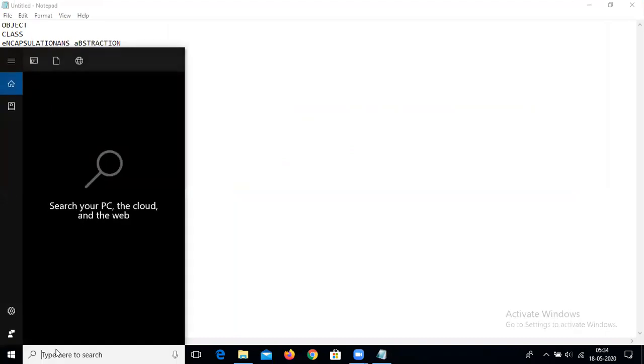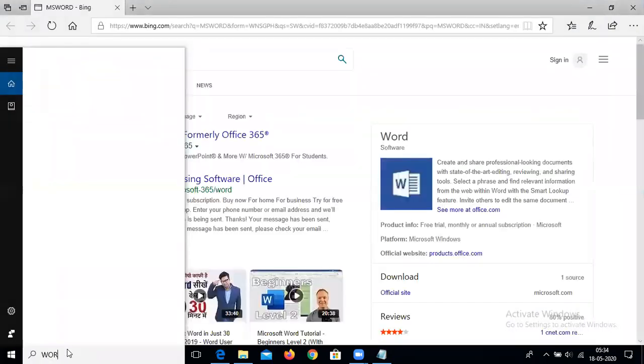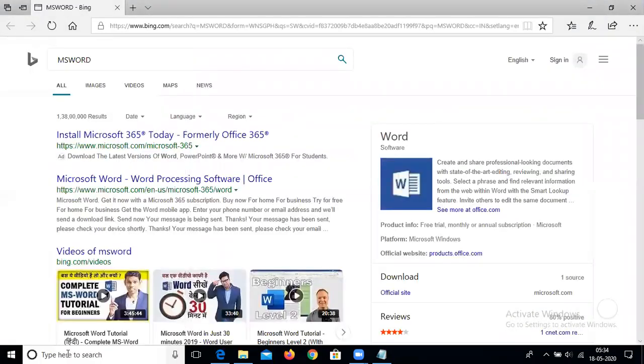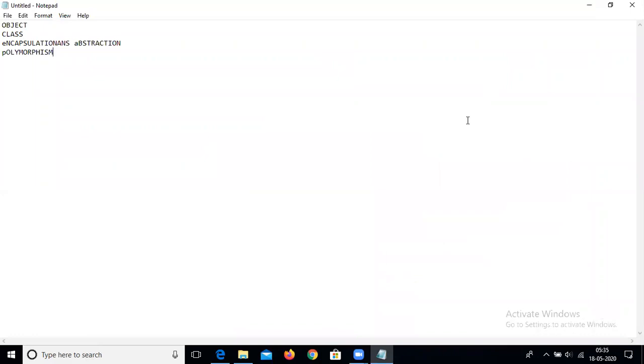Let me explain using this word. Polymorphism is many forms, meaning there is something which represents different entities in different situations.